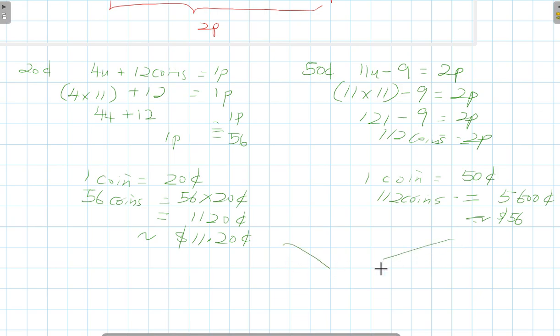So what will be the total money? The total money in the end will be $11.20 add $56, so it will be $67.20. Okay, remember to write the sentence,